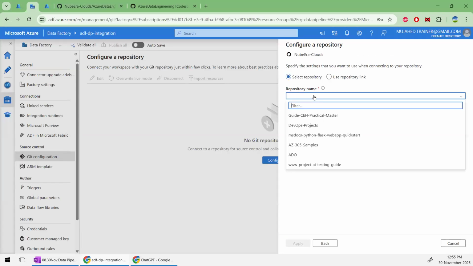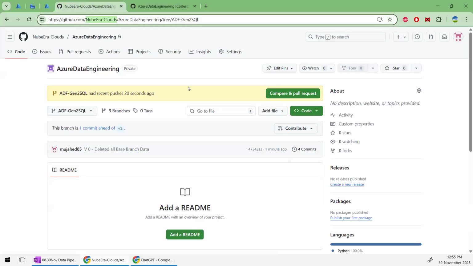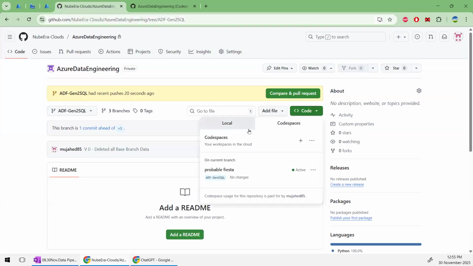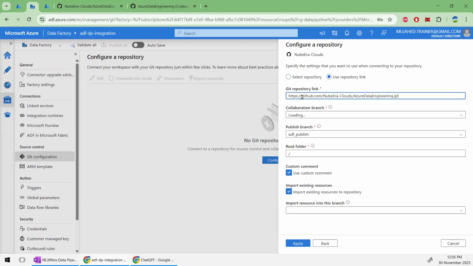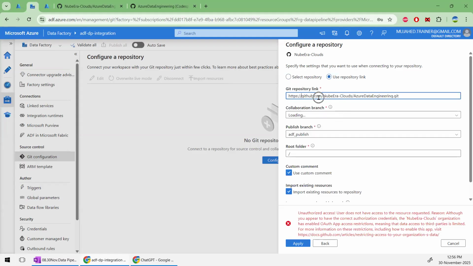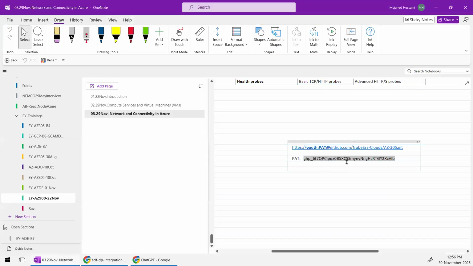Authenticating all resources. Here you can see Azure Data Engineering. CHNAZADE, all we have here. Or I can give the link directly. If I'm not able to see it, I can give a direct link to it. I'll copy this link and paste it here. While pasting this link, I'll also mention, because this is unauthorized, the option is possible. So I'll copy my token, and here I'll paste my token, this one,